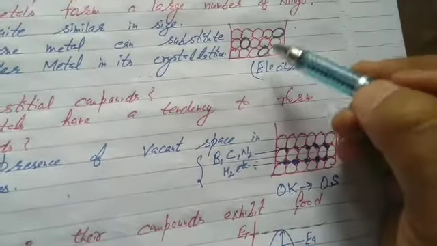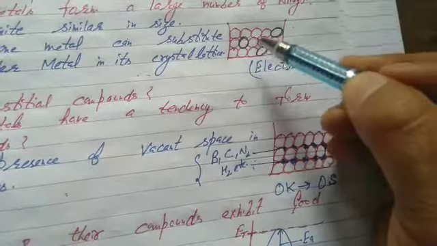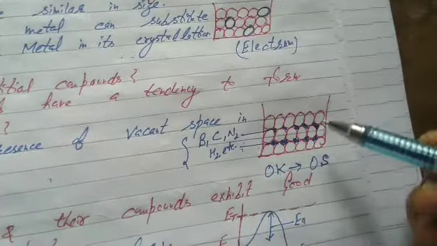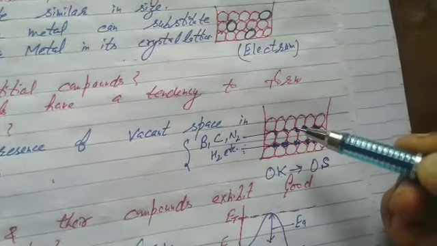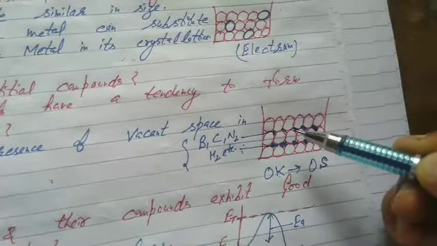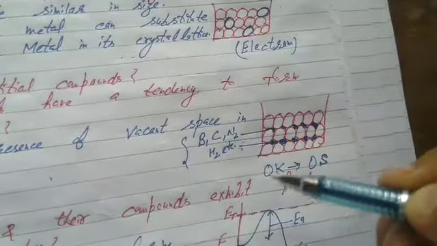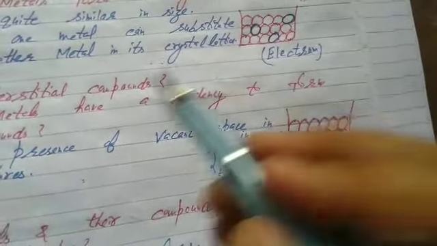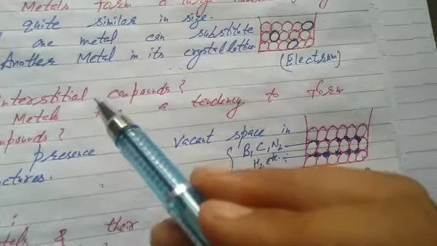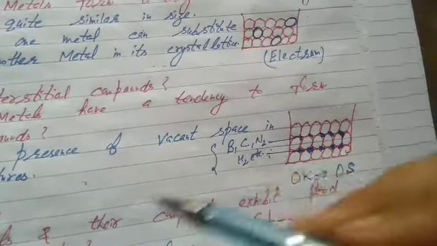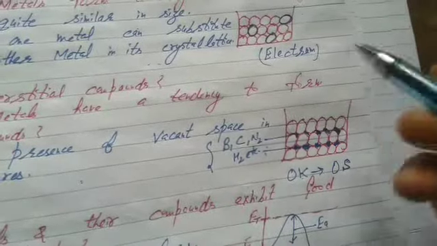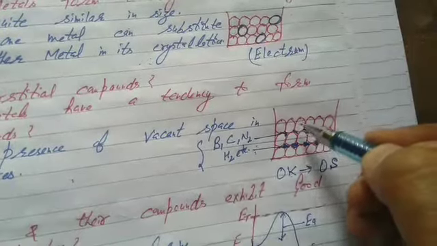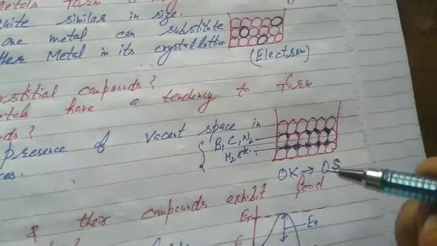At first we study alloy. Some constituent particles are replaced, and these constituent particles are of the same kind. Suppose these are of iron. But in the vacant space present between these particles, here we introduce small non-metallic atoms. So it is called an interstitial compound. The melting point of interstitial compounds is higher as compared to that of the pure transition metal, because in an interstitial compound there is strong bonding between metal and non-metal atoms as compared to metal-metal bonding.